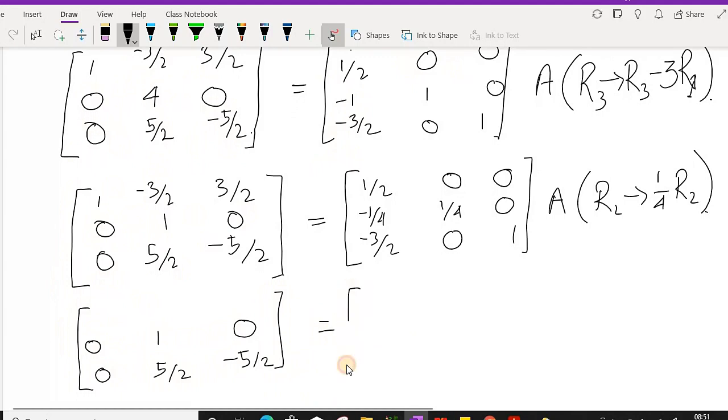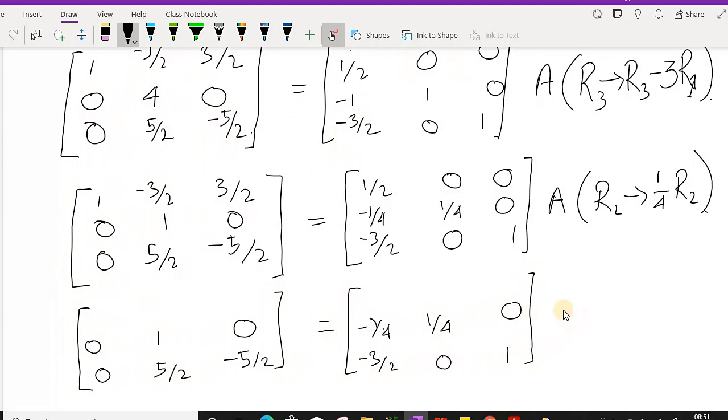Here also I have to keep these two rows as it is, and this is A. So I have to make this 0. So what do you have to apply? R1